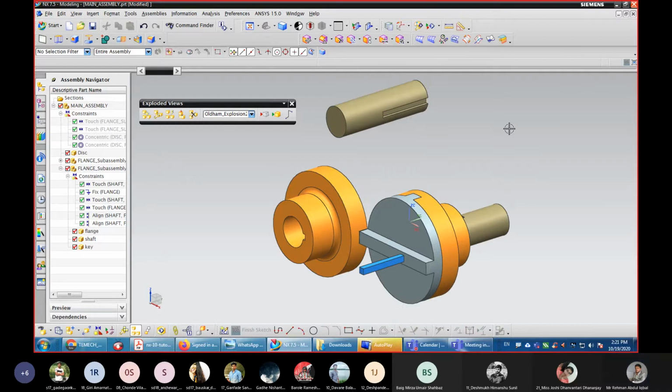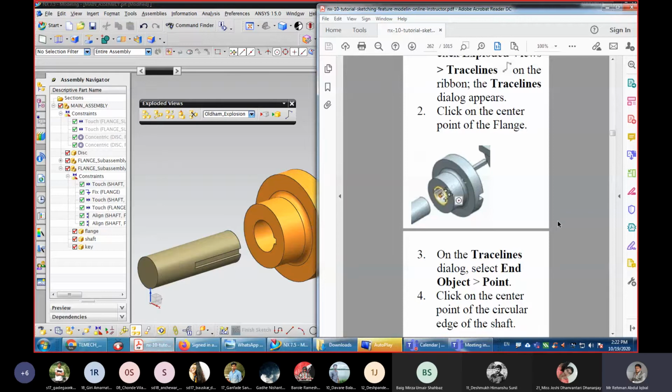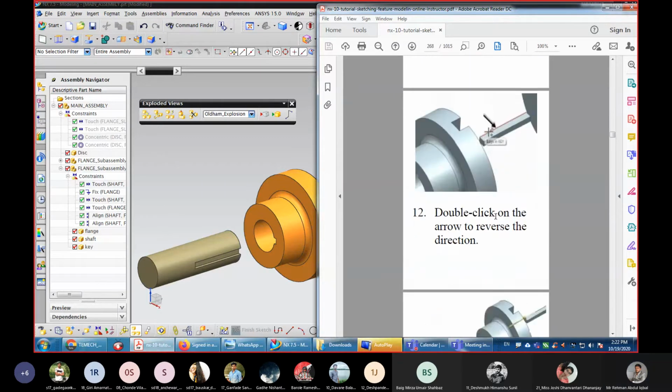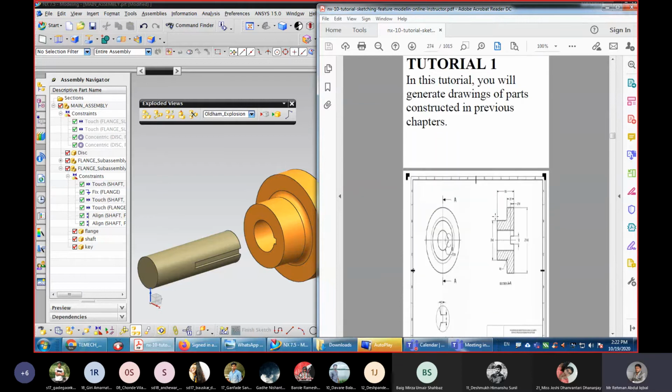And if you go to Oldham explosion, the first one, this is your explosion. So in this way you need to follow all these things and create the assembly, create the explosion, all these things. If you have any doubt, you can ask.